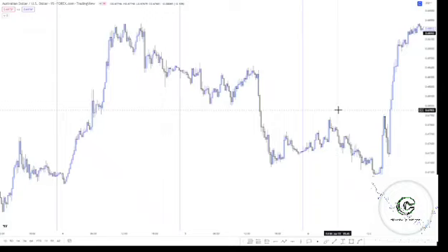Today's review, and as usual I'll be reviewing the AUDUSD because we've been on AUDUSD since the beginning of the week, and we've been able to make some analysis, some trades on it, and it's been a profitable pair this week. And considering that today is Friday, 6th of January 2023,